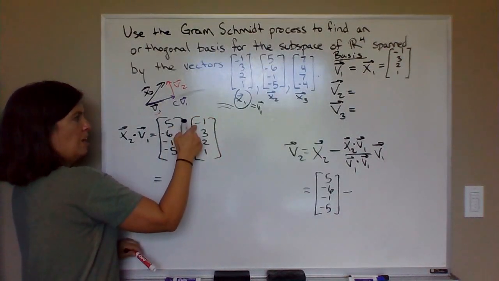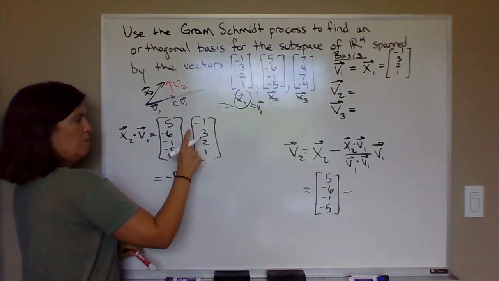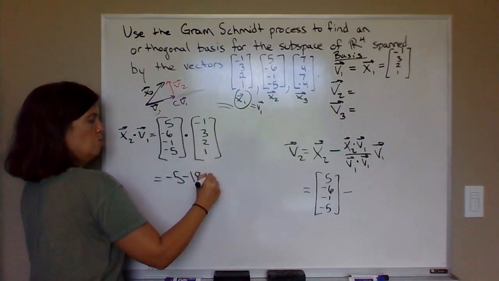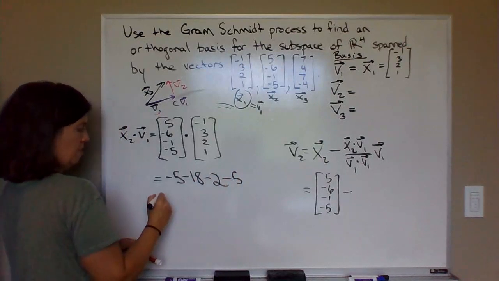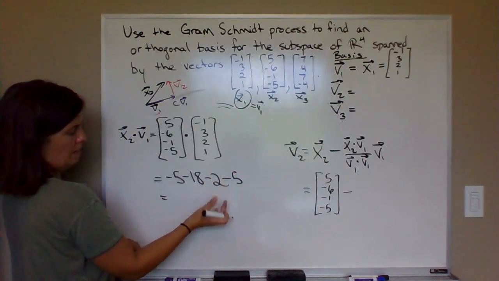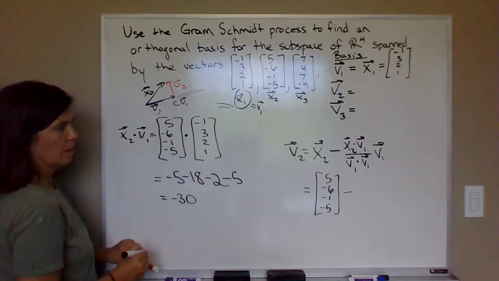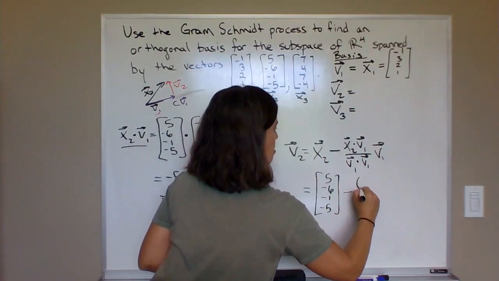So this is equal to 5 times -1 plus -6 times 3 plus -1 times 2 plus -5 times 1. So that'd be -30, right? -5, -20, -30. Okay. So x2 dot V1 is -30